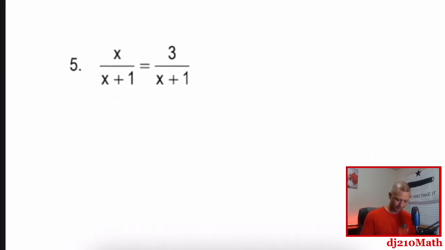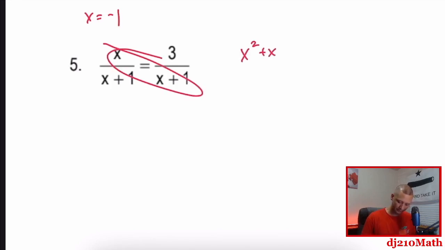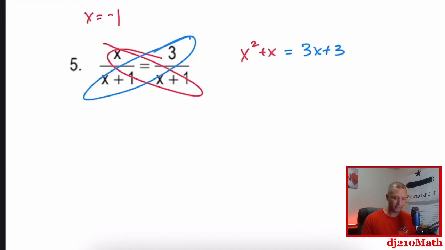All right, number 5. If x is negative 1, then that's bad. So this way is going to be x squared plus x. This way is going to be equals 3x plus 3. All right, moving everything left. So this is going to be x squared minus 2x minus 3 equals 0. So we can factor